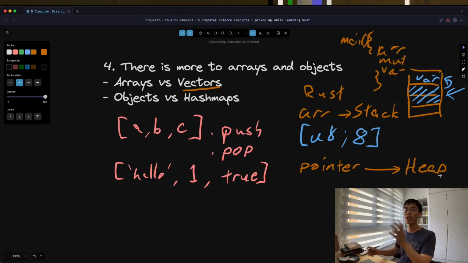So if we think about what a JavaScript array can do, you can add elements, you can remove elements, you can shift elements around. In Rust, you can't store elements of different types in the same vector, but even being able to change the size of the vector requires us to store the vector data somewhere else, and that is